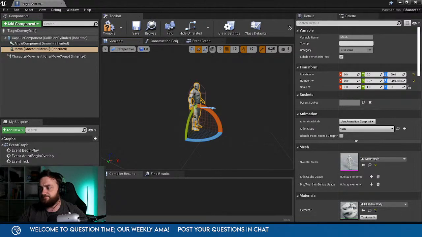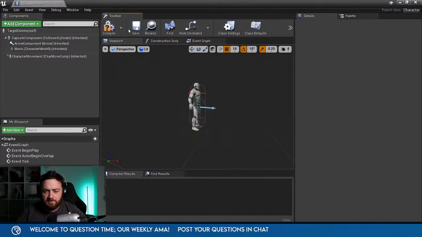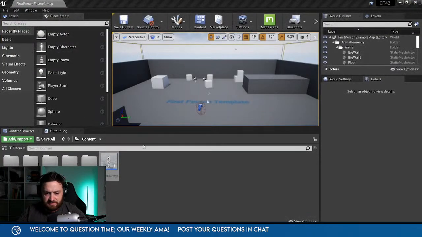Okay, so here we go. Right, so we've got a target dummy, and I want to be able to shoot this thing, so drag this out here.